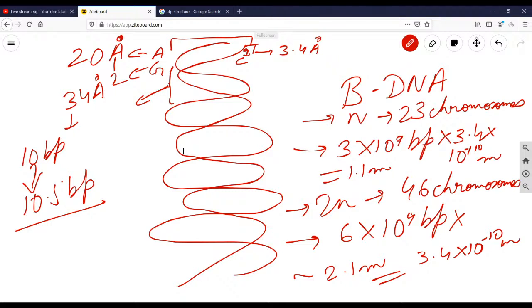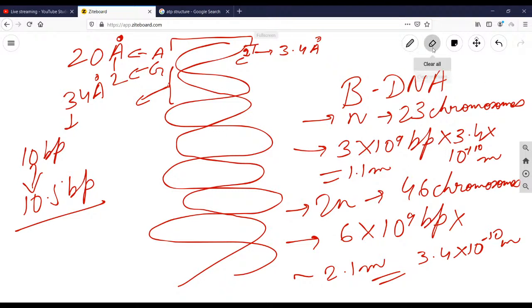Now the thing that comes to anyone's mind is, how come the DNA is put inside the nucleus, which is only 10 to 20 micrometers in length or in diameter? How come the DNA is packaged inside the nucleus? Okay, so the thing is,